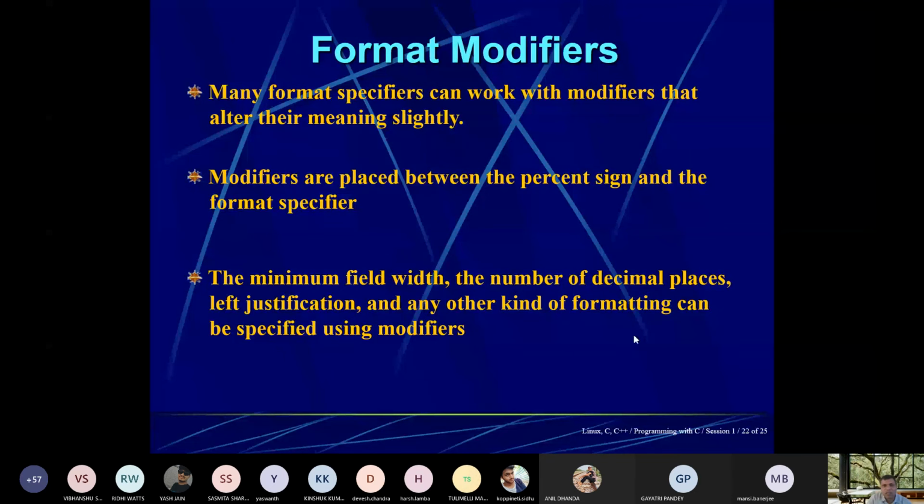Sometimes you have seen that when we are going for billing, in that bill, whatever items are written and whatever width may be there, it will automatically be placed and is always right aligned. So for this purpose we need to use format specifiers or format modifiers.